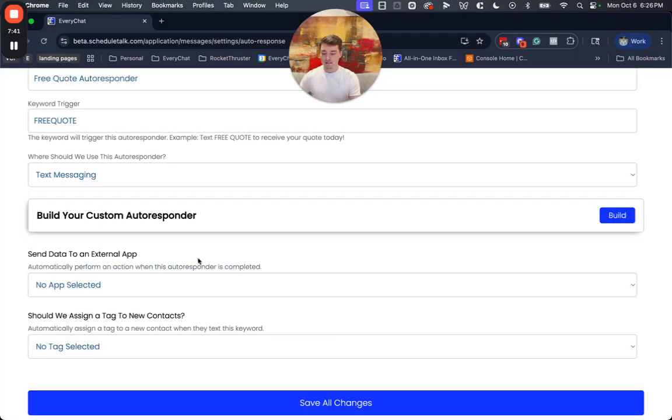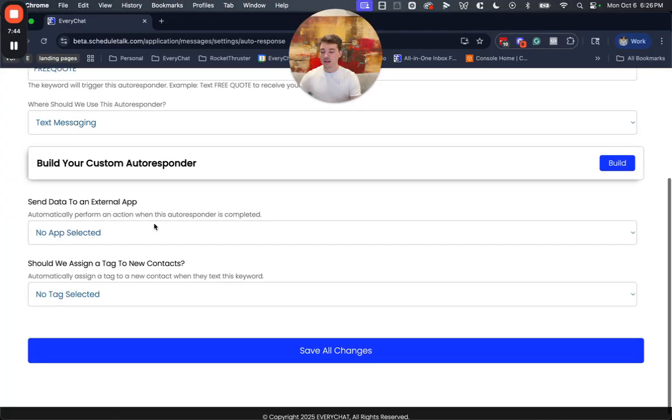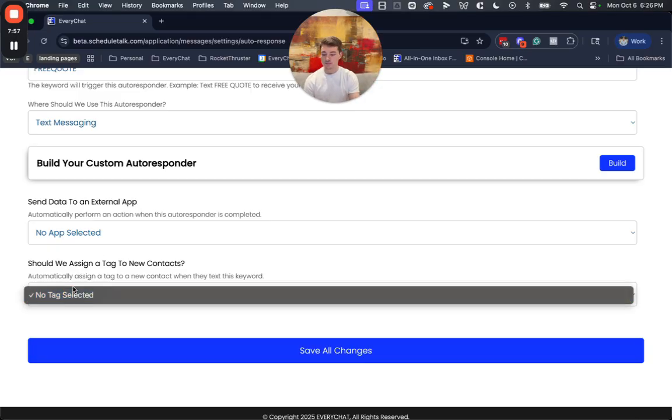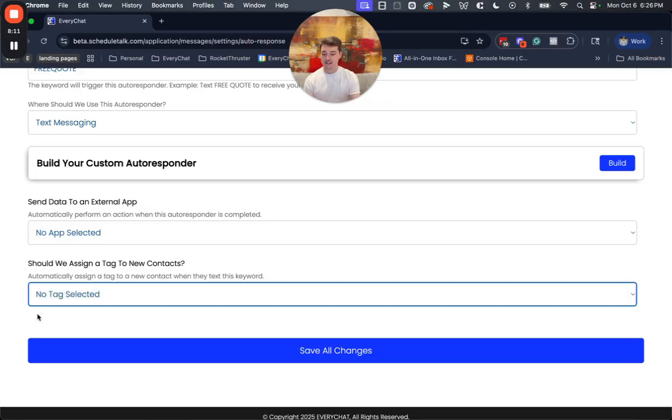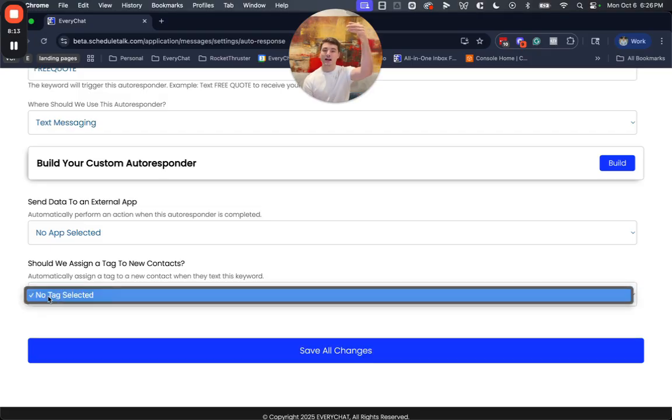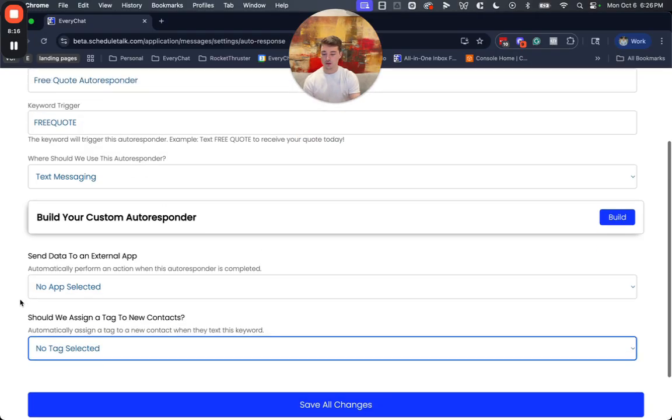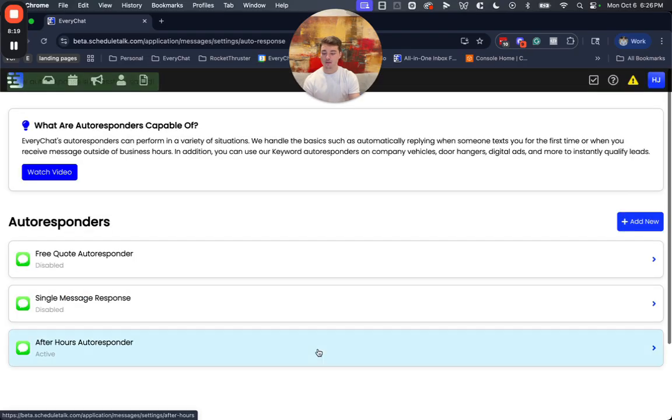So once you're happy with that, we'll click close and continue. And then you'll have the option to integrate this into other platforms. This will also work with Zapier as well. So we can detect when an autoresponder is completed and we can send that information off to another system. And then we can also automatically tag people after they complete this autoresponder. So if you want to put everybody into a list that might be used for bulk texting later, that will be an option. Of course, I don't have any tags in this account. So if you do click on this and you have tags, you'll see the list of tags that are accessible within your account here. So we'll click Save All Changes.